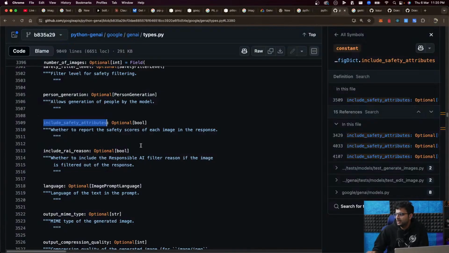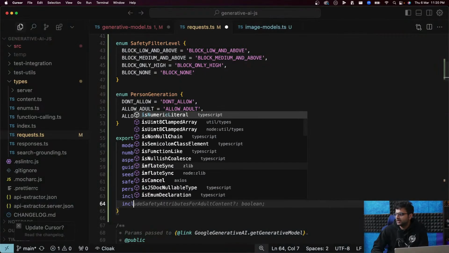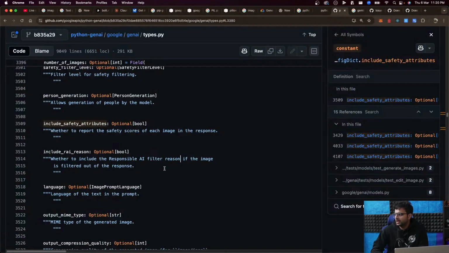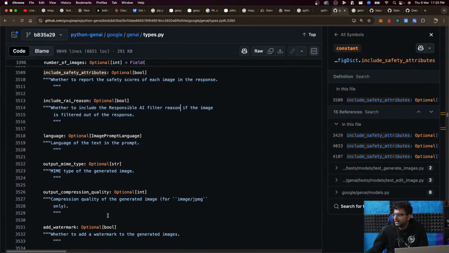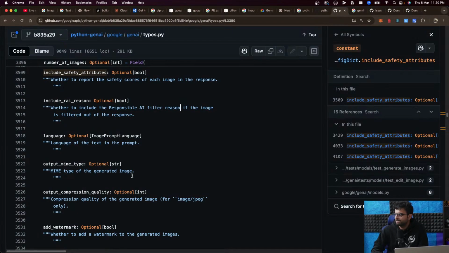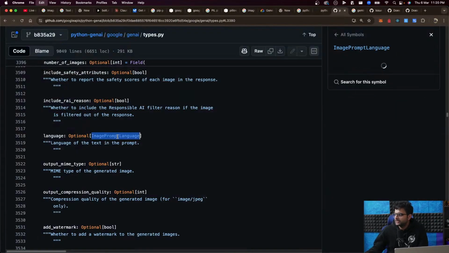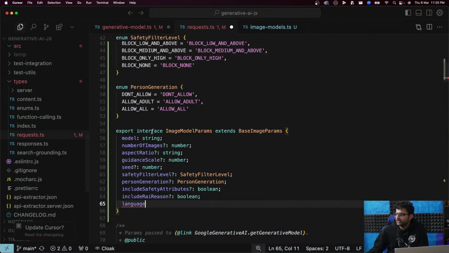Include responsible AI filter reason of the image if filtered out in the response. Include RAI reason, Boolean. Language of the text in the prompt. Okay, which again probably is an enum, which doesn't have Hindi right now. Oh, it does have Hindi, surprising.